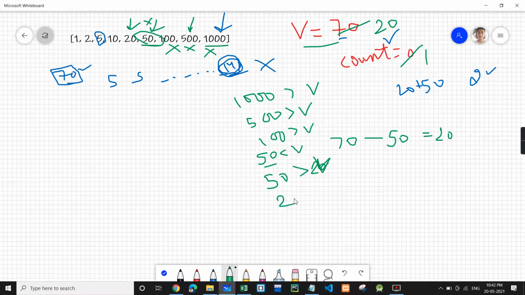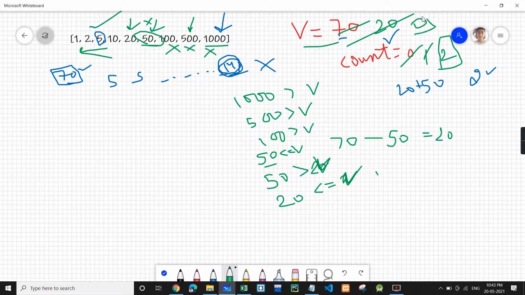Now 20 is less than or equal to V. So every time we need to check less than or equal to V. Hence we can take this coin. So 20 minus 20, now the value becomes 0 and count becomes 2, and hence we are done. We can go ahead also, or if you see that the value is 0, you can just have a break.